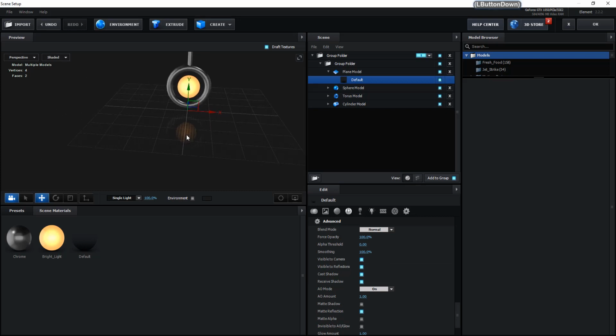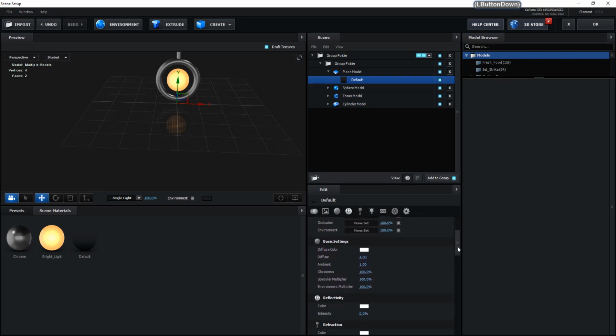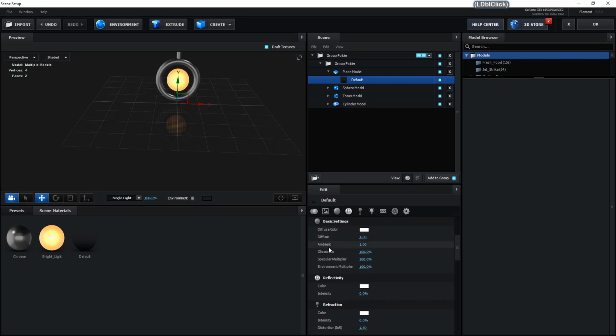We don't want the mirror-like, crystal clear reflection, so we need to apply some glossiness. We need to reduce the glossiness. So go above with the plane model selected. You can see the basic settings. You can click here. So the glossiness, we need to reduce it a little bit.